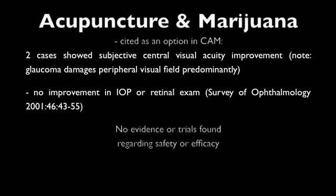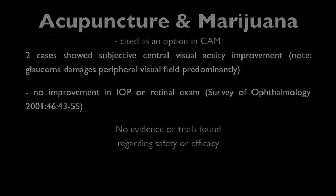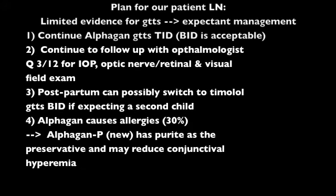Acupuncture and marijuana have been cited as options in glaucoma treatment, and there are 2 cases that show subjective central visual acuity improvement. However, glaucoma, as you may recall, damages mainly the peripheral visual field. There was no improvement in the pressure or retinal exam, and I was not able to find any evidence of satisfactory trials. Since there is limited evidence for these drops in glaucoma, it would be appropriate to continue monitoring the